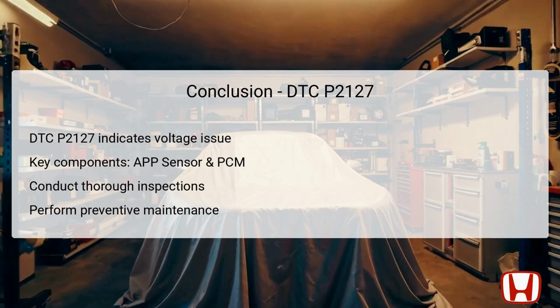In conclusion, DTC P2127 points to a significant issue concerning low voltage from the accelerator pedal position sensor B circuit, which impacts the vehicle's throttle response and overall performance. The primary components involved include the APP sensor and the PCM, playing critical roles in managing how the vehicle accelerates